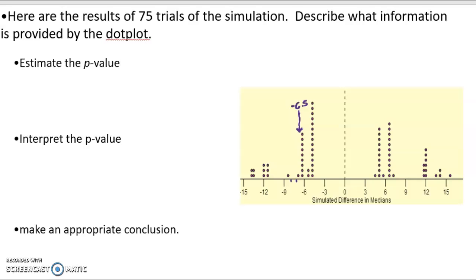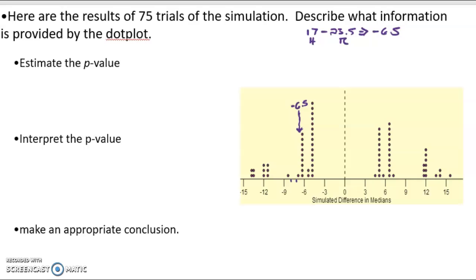All right, so negative 6.5. So we subtracted 17 minus, and think about this. I'm going to go back and write this. 17 was the first median. This was your home. We gave up fewer points, minus the 23.5. This was your road games. And that's how we arrived at a test statistic, which was negative 6.5. So I still want this to be greater. I still want this to be to the right. And